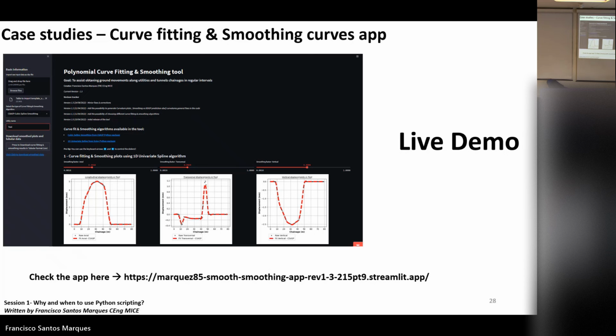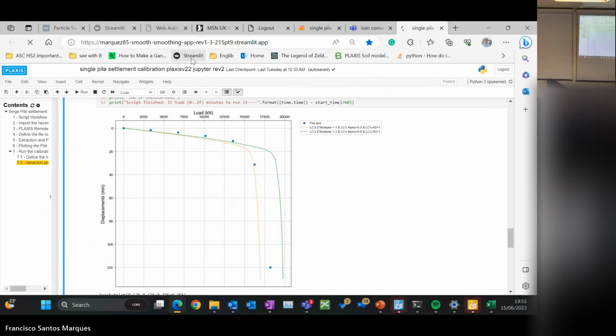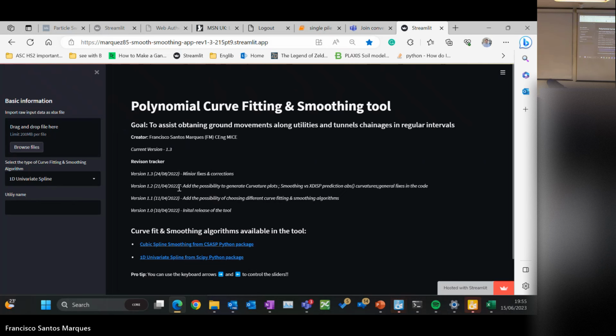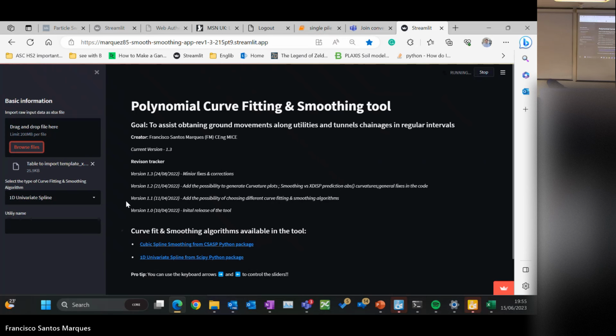So I came up with this one. If I go back here, okay, let's see if I can just go here. If I open this, it's a web app. One of the advantages of Streamlit is that you don't need to have Python installed on your machine. Everything runs in the cloud. It has a nice user interface, and you can set up whatever you want. Then here I will say, okay, I want to extract a set of movements. Now I just have to put a name here. Let's say test.